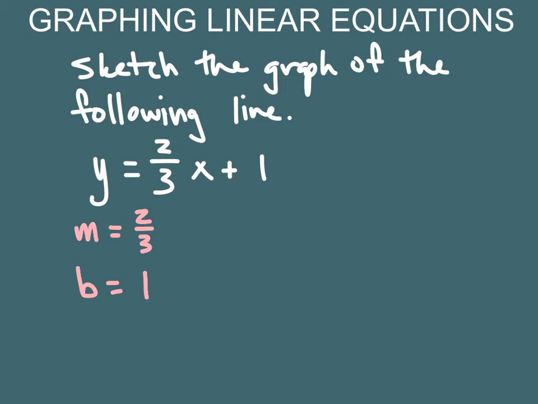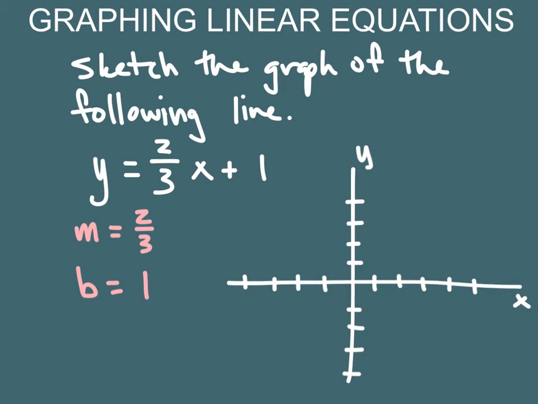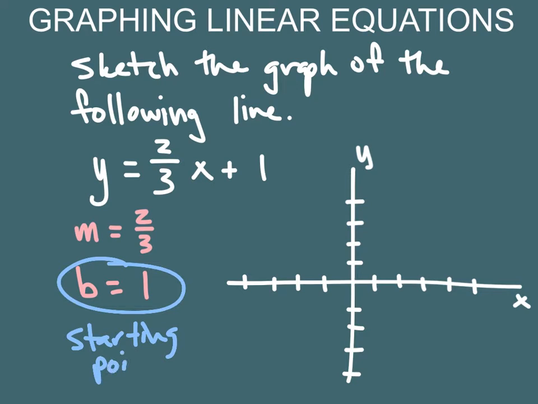Okay, and so let's graph this, and let's just sketch a graph real quick. So once I have my graph, what I want to first do is plot my point for my y-intercept. My b value is really also called the starting point, and that's our y-intercept. So if our y-intercept is at a value of 1, I want to go to 1 on my y-axis and